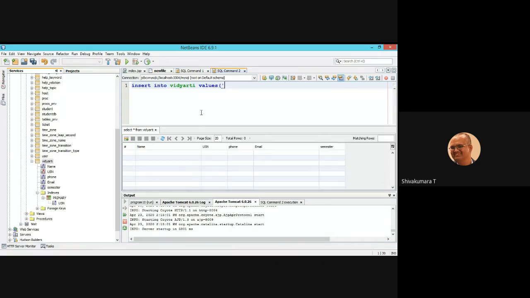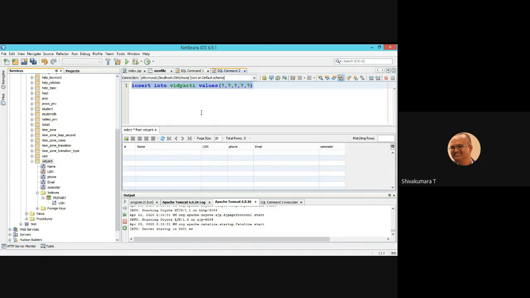Name, I don't know the name. Then USN, I don't know the USN. Then I don't know the phone number of student. I don't know the email of the student. I don't know the semester of a student, which in real time the value may differ from what I'm guessing. Right. This is the insertion query.